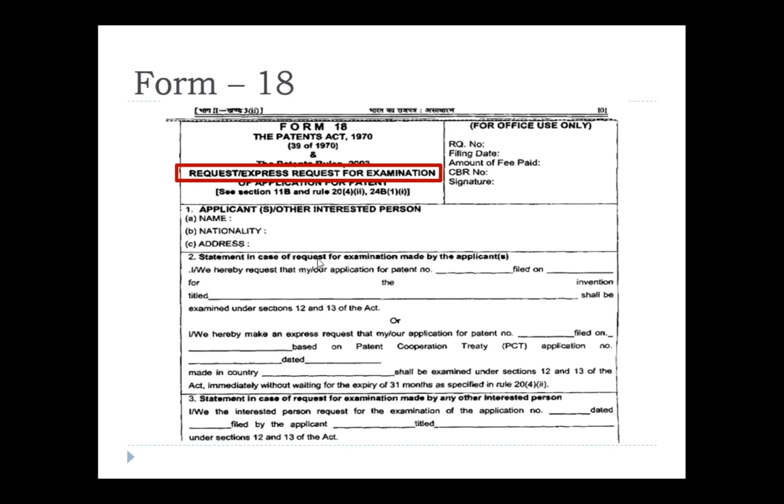We have to start with, we understood a few entities: the ordinary application, PCT application, followed by convention application. Among these, we found two categories. That is, the first category is provisional filing and the second category is complete filing. Followed by all this, we have seen two different identities, that is divisional patent and patent of addition.